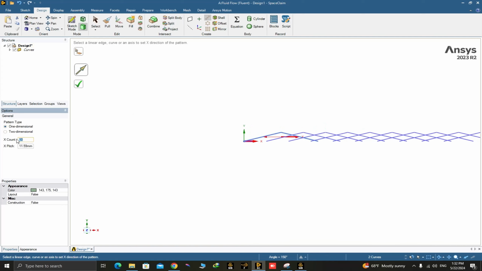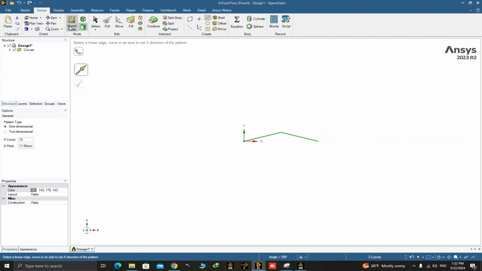Here you can define how many times the geometry would be repeated, and here to calculate the value of the space between the repeated pattern,